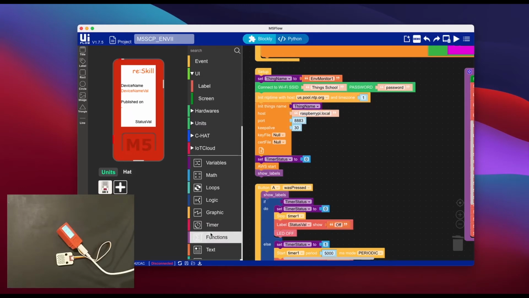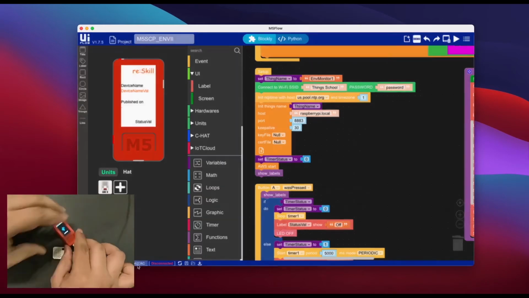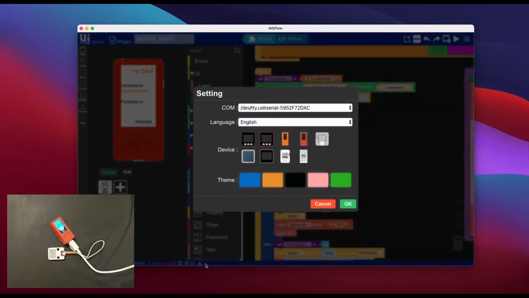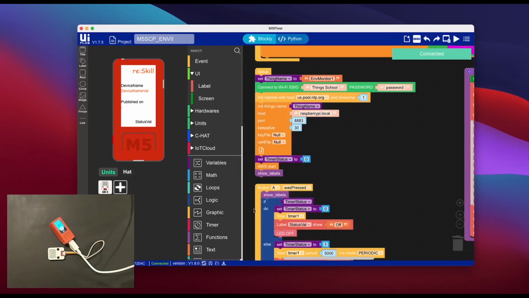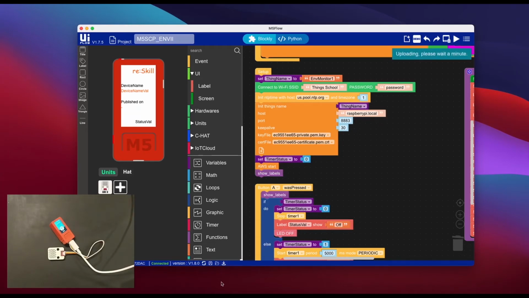Okay, let's put this in the programming mode, select the device. Okay, and then let's select the key file. All good, Raspberry Pi.local, which is good again, and then we will download it.